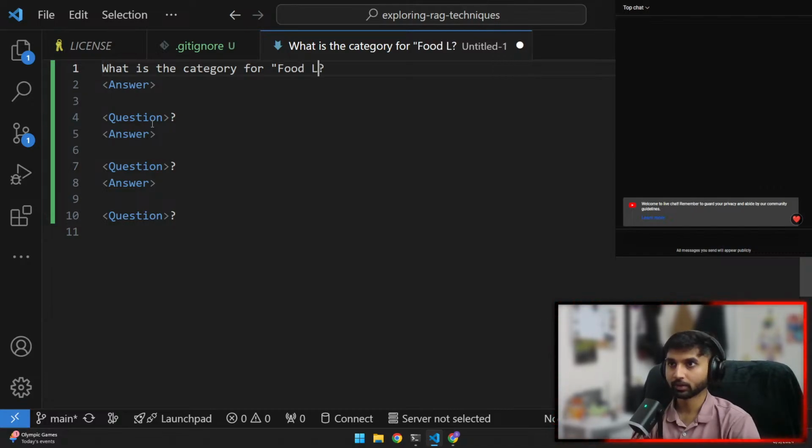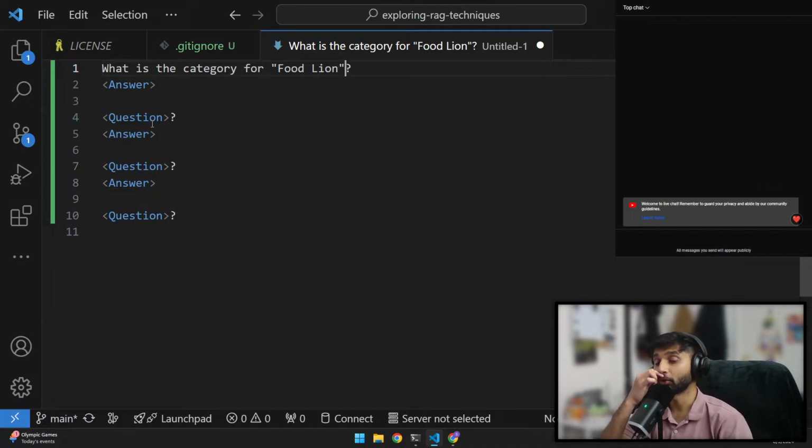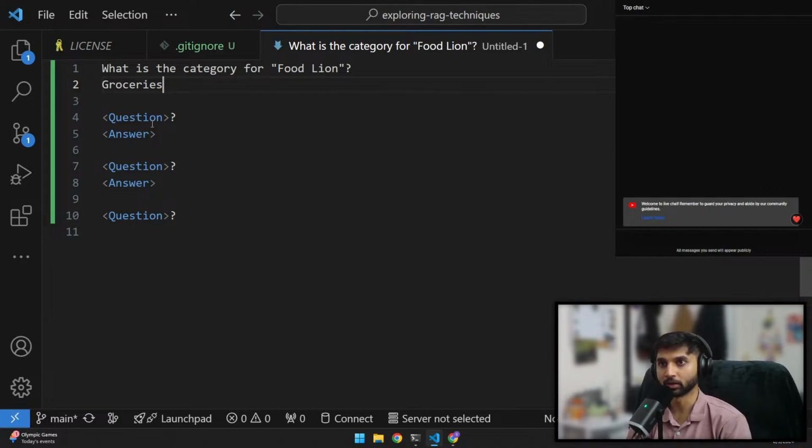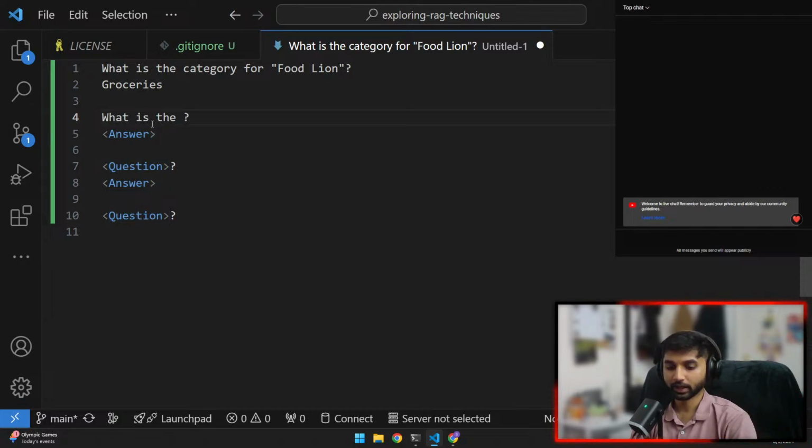So what I'm going to do is ask, what is the category for Foodline, for example. I hope you're familiar with Foodline. If you're following from India, this is going to be very similar to DMart. So what is the category of Foodline? The answer I'm expecting from the LLM is groceries. So I will give the answer first, giving an example of how I want the response to be given. What is the category for Foodline? Groceries. What is the category